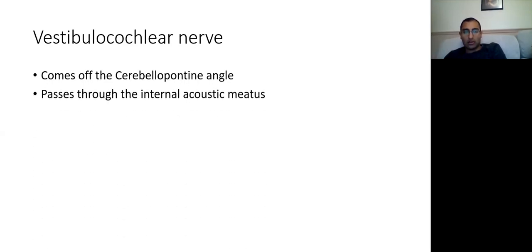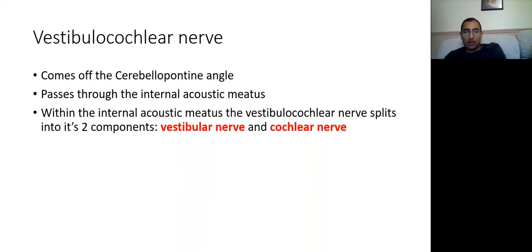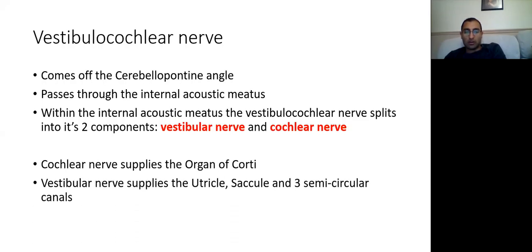It goes through the internal acoustic meatus, and within the internal acoustic meatus, the vestibulocochlear nerve splits into its two components. So you've got the vestibular nerve and the cochlear nerve. The cochlear nerve supplies the organ of Corti, and the vestibular nerve supplies the utricle, saccule, and the three semicircular